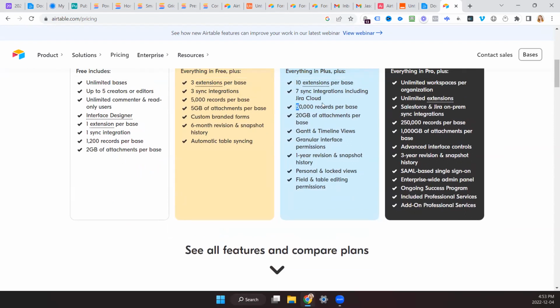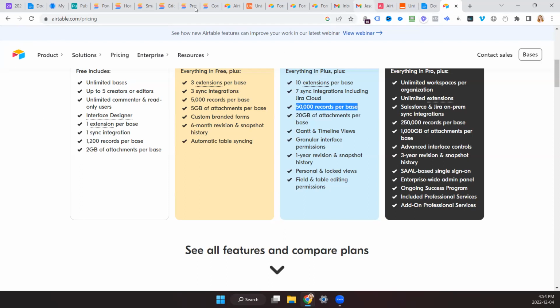I have a feeling that I have more than 50,000 records in different databases. But we could also create a separate database for transactions and then just sync it. And so you can have auto sync databases. And then you can pull and look up information from that database without having all your Stripe information in the same database as your contact information.